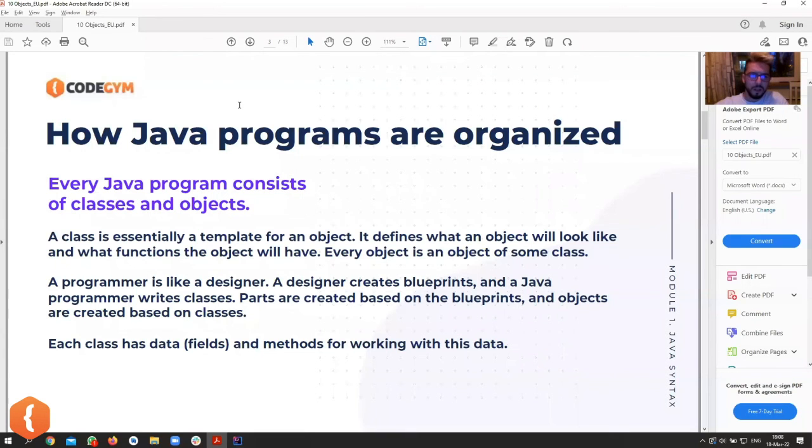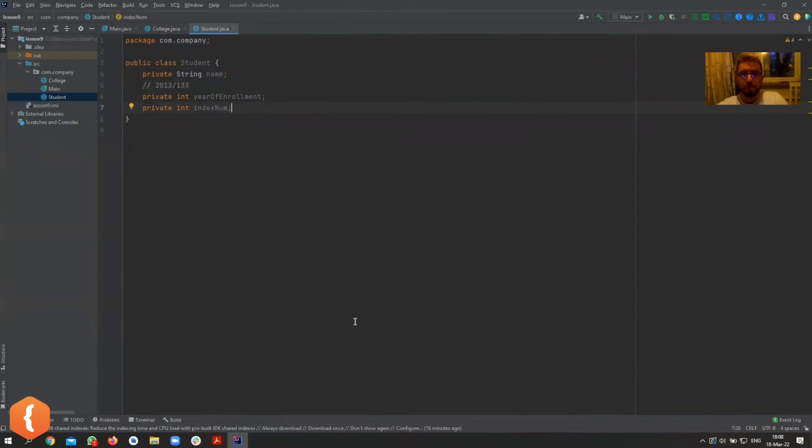So okay, let's see. Yeah, here it says basically a programmer is like a designer. You need to create the blueprints, and the only thing that you need to be thinking about is what you are going to be using your classes for. So I'm thinking, okay, I'm going to want to have all the students that have some year of enrollment. So that's why I split my data into two things, right? Okay,